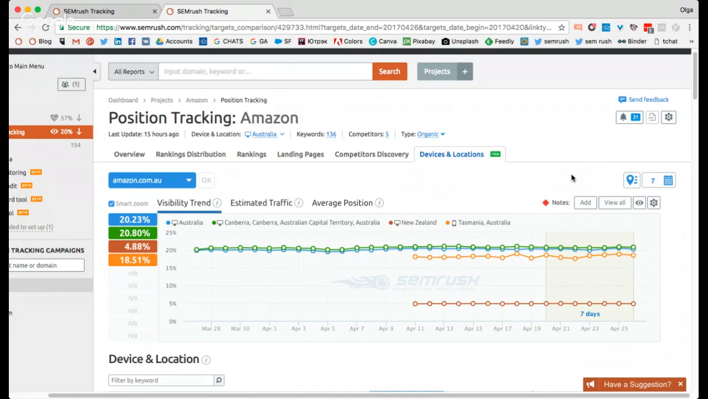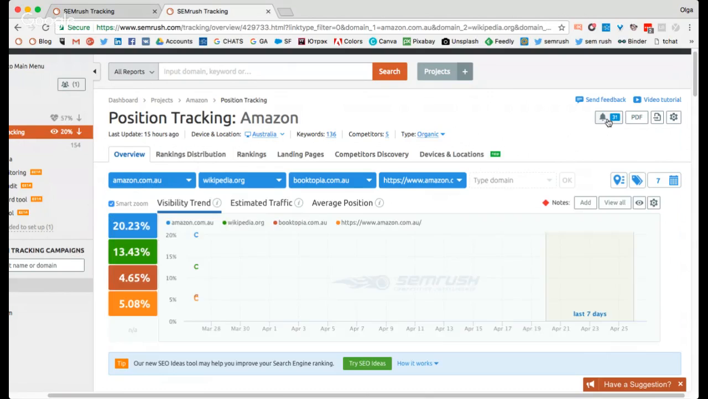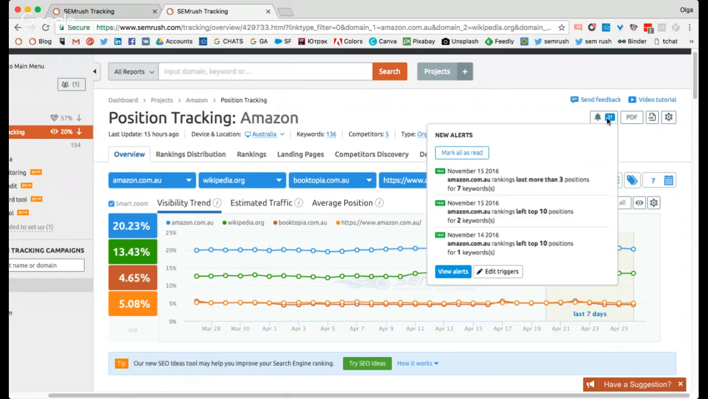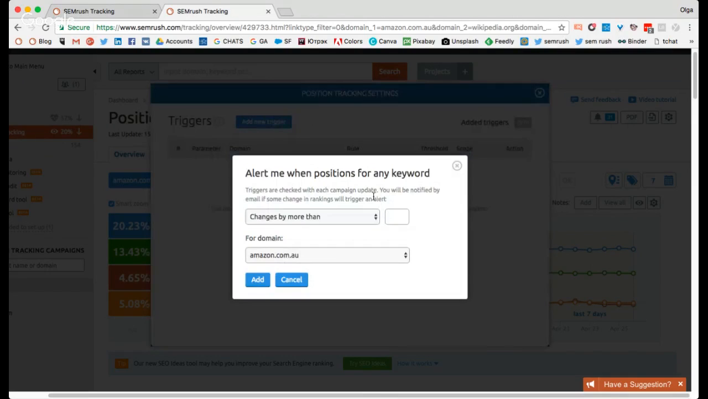Right, and another useful option, which I almost forgot to mention in the position tracking tool, is the alerts function. We can set up different triggers in order to be notified if, for example, our domain has dropped out from the top positions. For example, if our domain leaves the top 8 positions for any keywords, we can be notified by email or